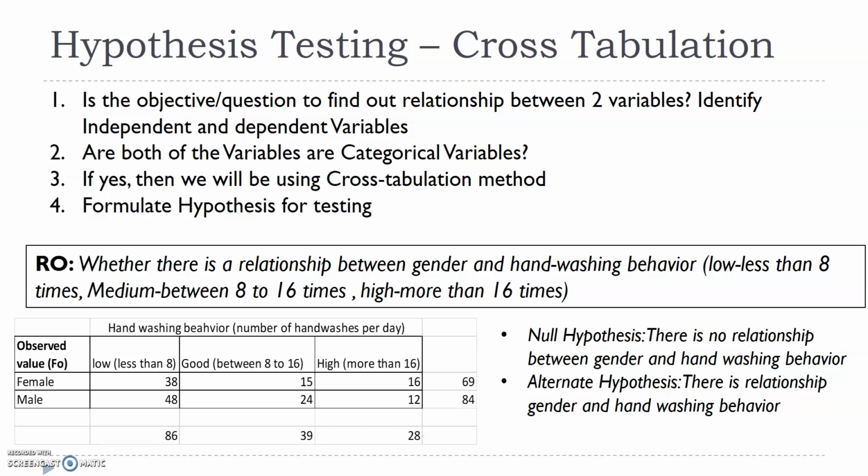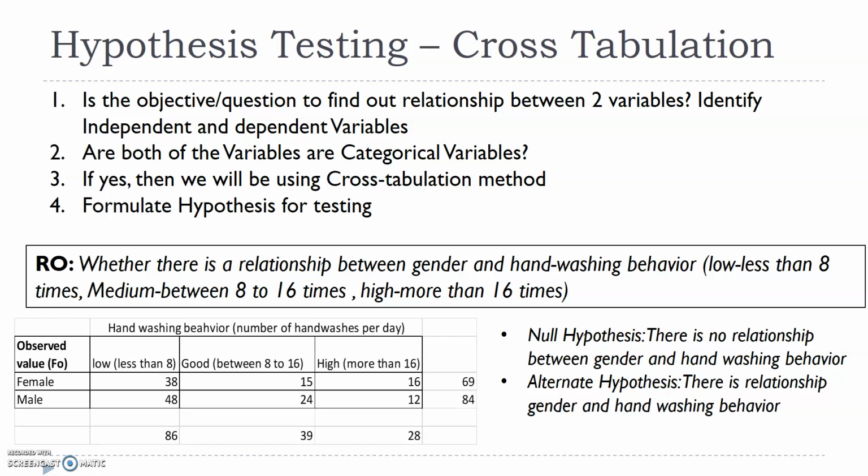But let's first find the chi-square, taking an example. Here there is a question given, again about gender. I collected this data maybe one month or one and a half months back from first-year MBA students of KIIT School of Management. 153 students responded, around 69 female students and 84 male students. I had asked them, after the COVID-19 pandemic came, what is their hand washing behavior, and how many times they are washing their hands. That data set I converted into low, medium, high.